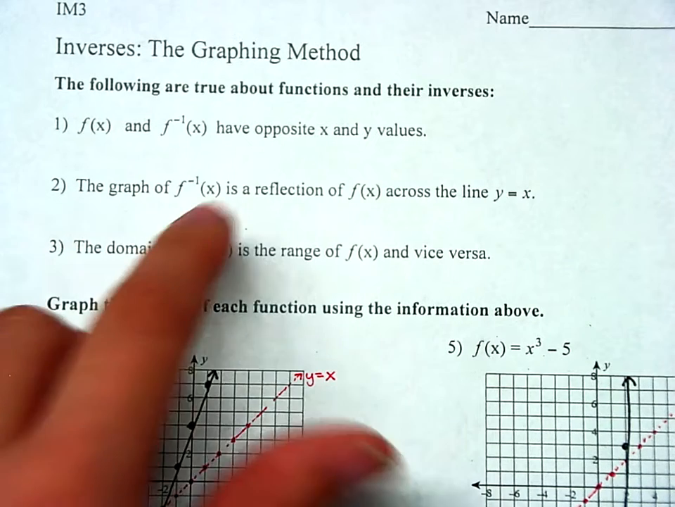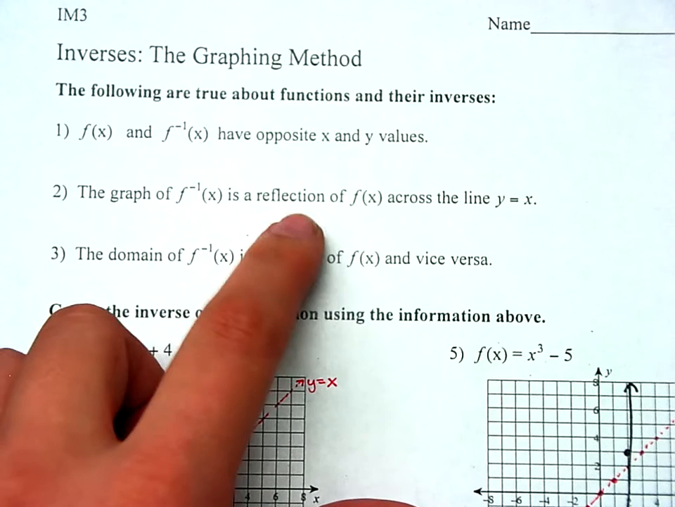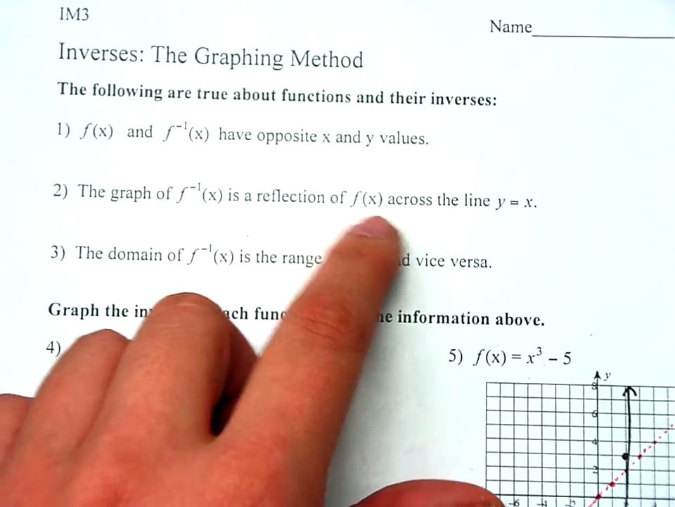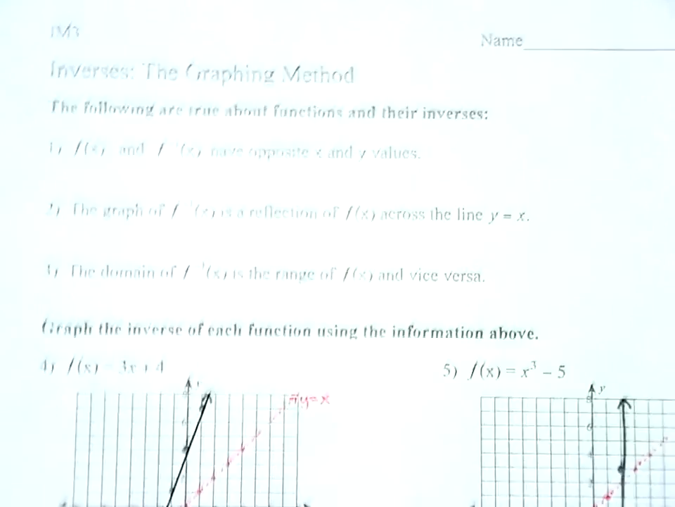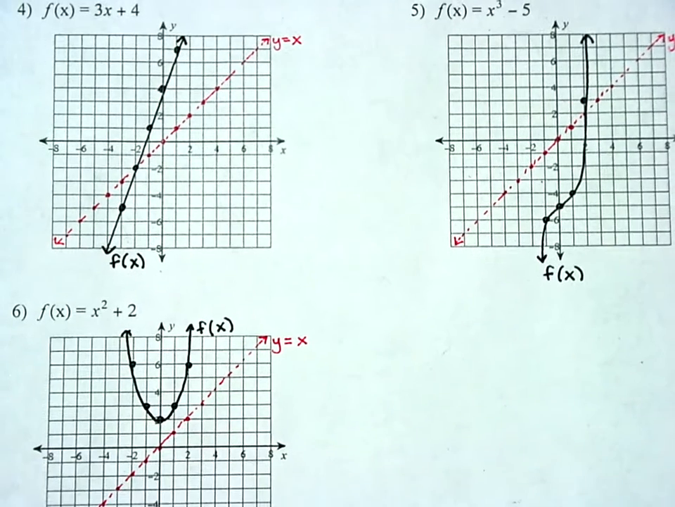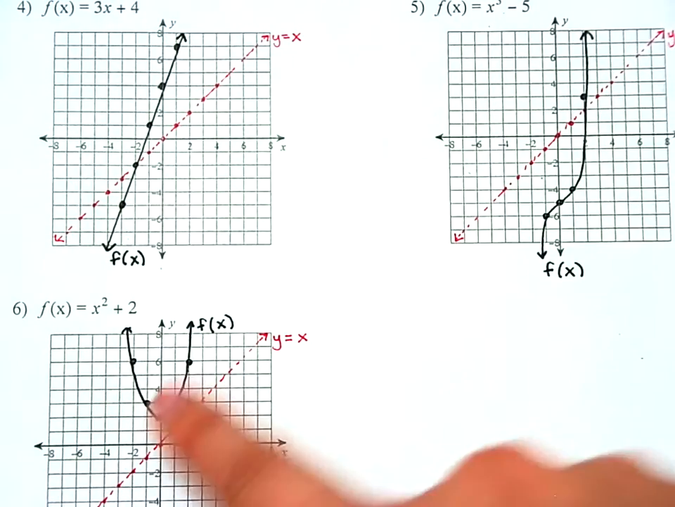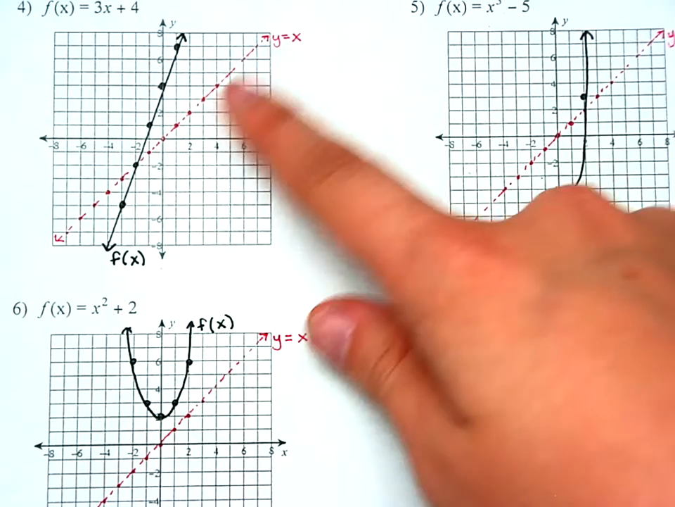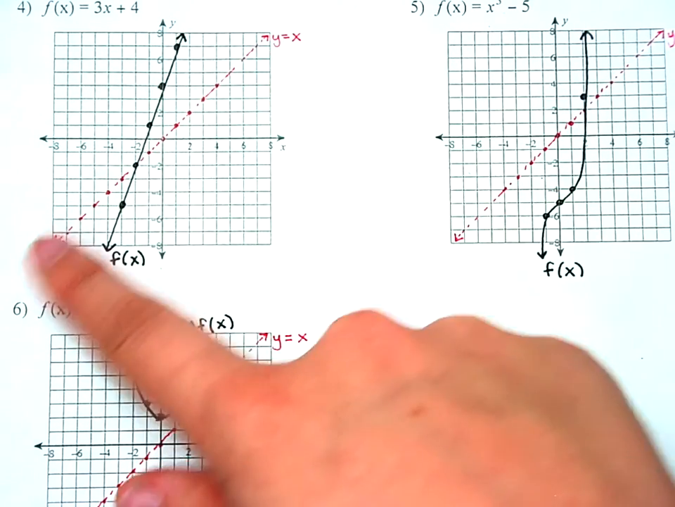The second thing is that the graph of the inverse is a reflection of the function across the line y equals x. So you'll see in these three examples we're going to do today, I already have three parent functions, and then I also have graphed y equals x in red,